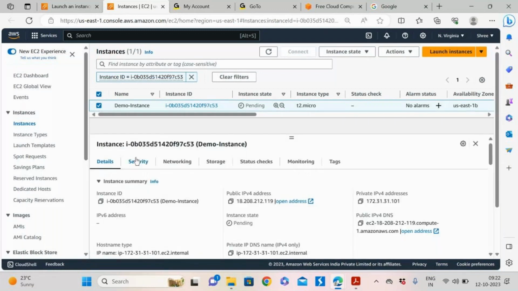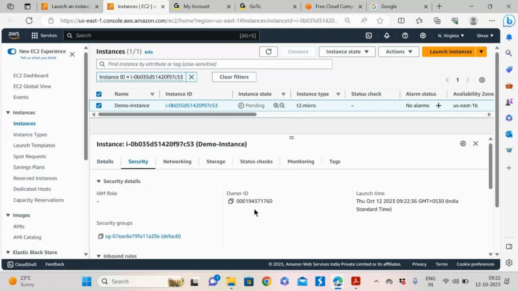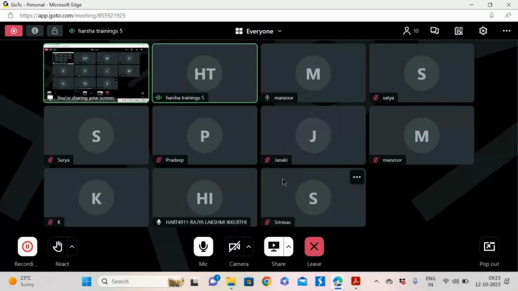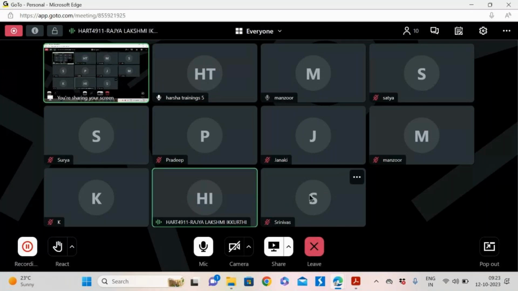I have a doubt. You said we can add volumes, right? What is that volume, and domain, and what are whips? Who is that? This is Rajalakshmi. I think I joined today itself. Please tell me, I didn't get your question. What is that volume, and what is the domain? I don't know.